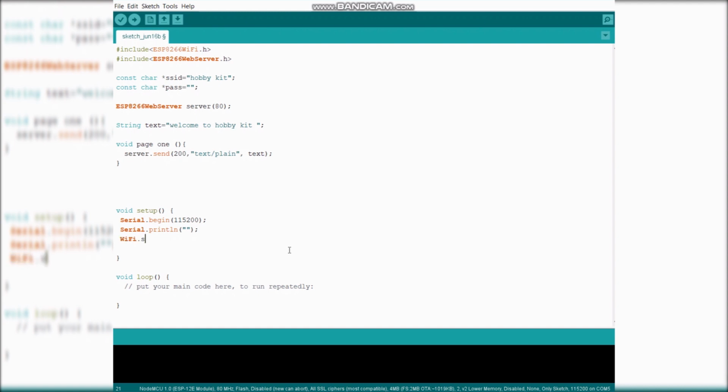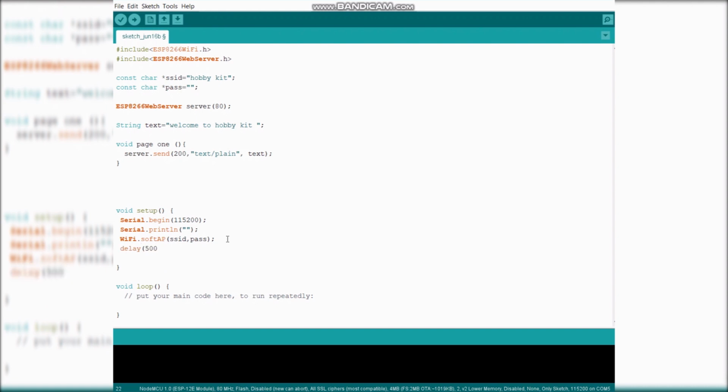softAP. So far we have learned about WiFi.begin, but what is this WiFi.softAP? This softAP generates the hotspot from the NodeMCU. If we use WiFi.begin, then our NodeMCU will connect to the SSID and password provided. So now it will be creating the hotspot with the SSID and password we have given.